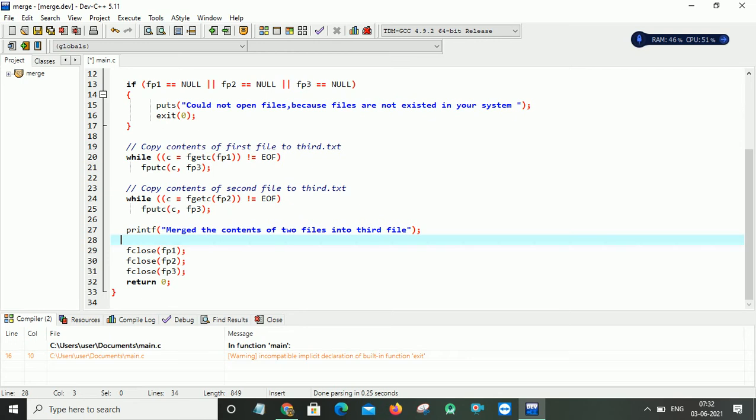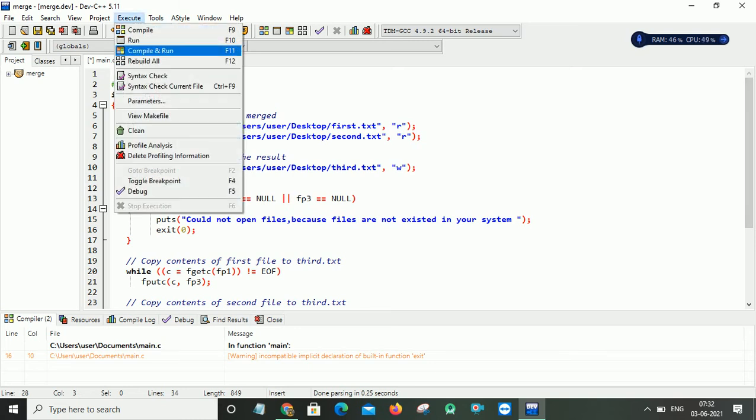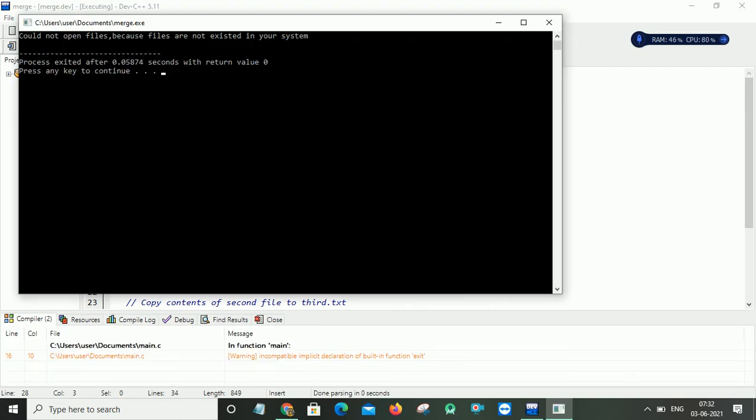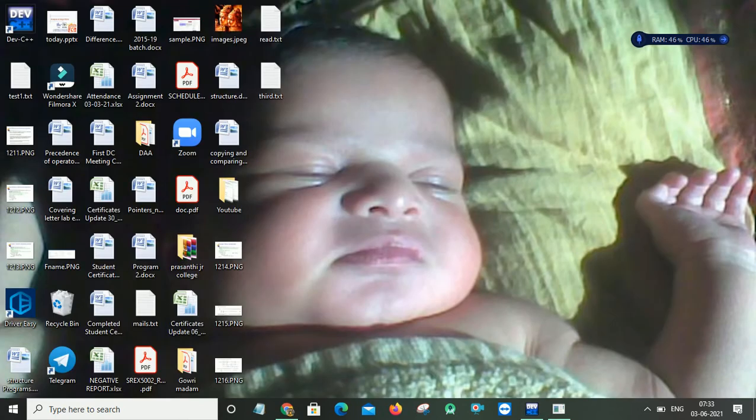So now I'll show you the execution of this program for all cases. See, I just compile and run this program. It will show me "could not open a file" because the files do not exist in your system. My default location where I am trying to create my files first.txt and second.txt is my desktop. So see, this is my desktop. You can observe that there is no file named